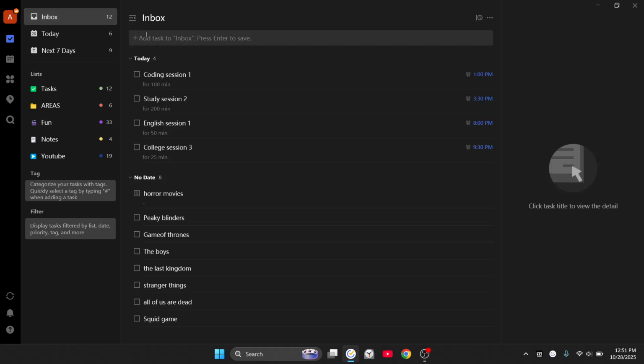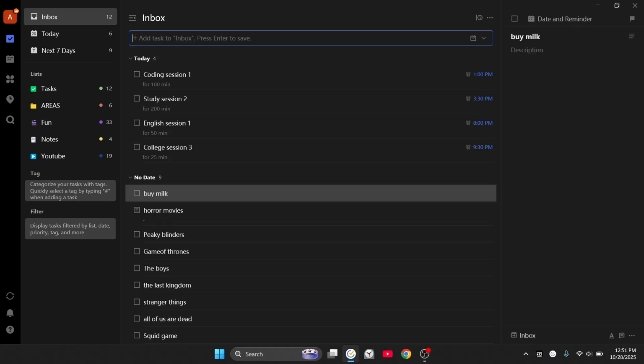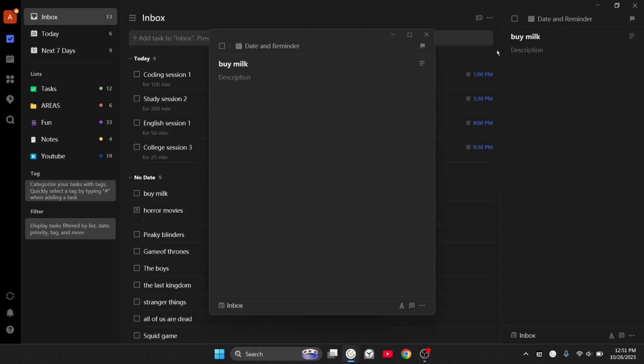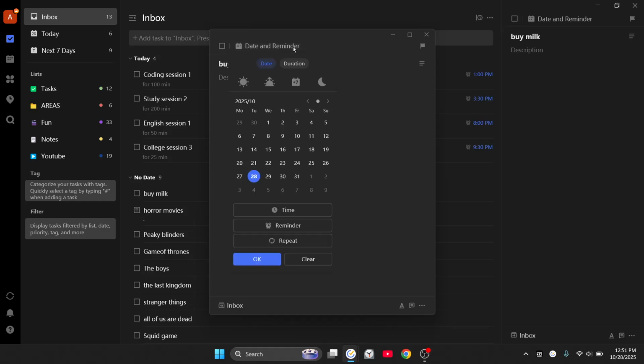Alright, so let's start. This is the inbox area. In this area we can store all of the tasks temporarily. So if I put something like buy milk, it will be stored here till I move it to some other list. And here I can give it some properties, like when to do it. There is a due date. So if I want to do it tomorrow,